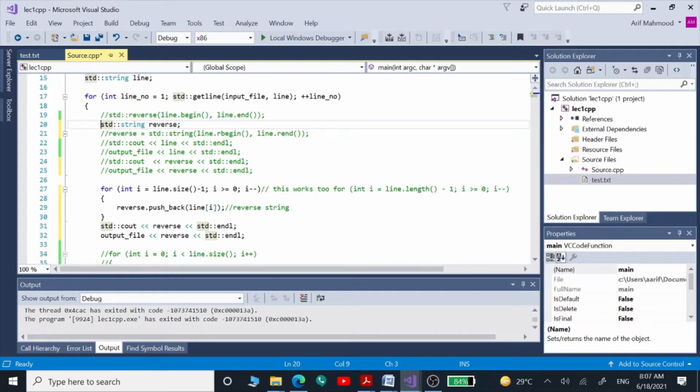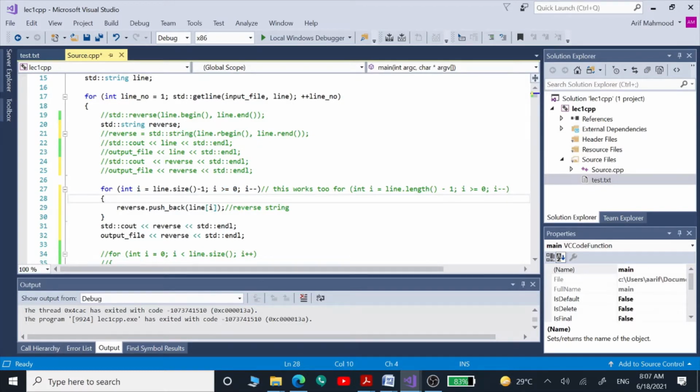So now what we are going to do is run this for loop over each string one by one in the reverse manner. Like line.size minus one is going to take out the last character of our string first, and then it is going to decrease one by one, getting to this index value equal to or greater than 0.